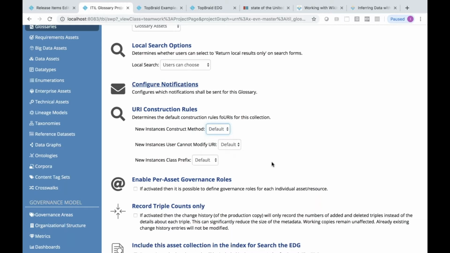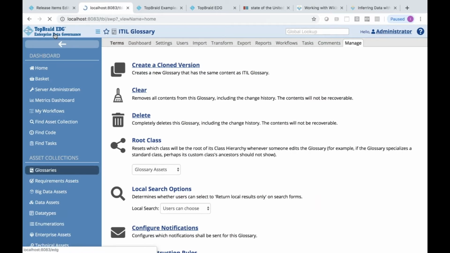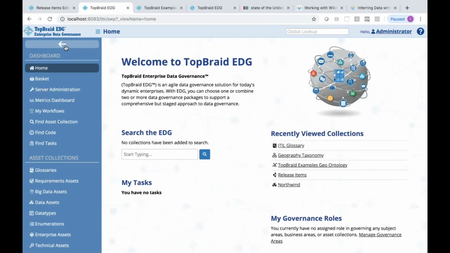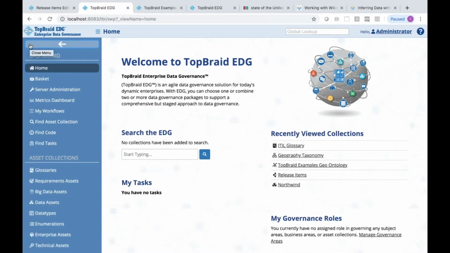And one other thing that I want to cover before we go to questions has to do with Search the Edge. That's another thing where people like Search the Edge a lot, where you could search across all asset collections. But one issue with it has been that there was a setup required for facets, to declare facets. And I even had the video where I explained how to do that.